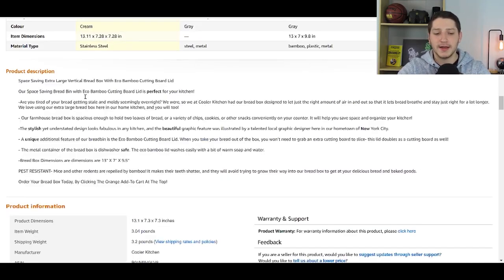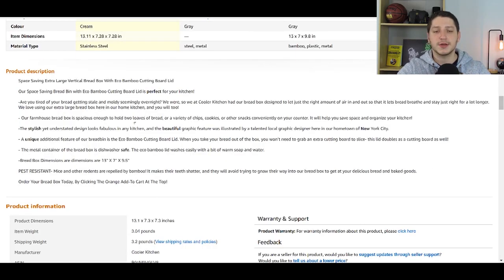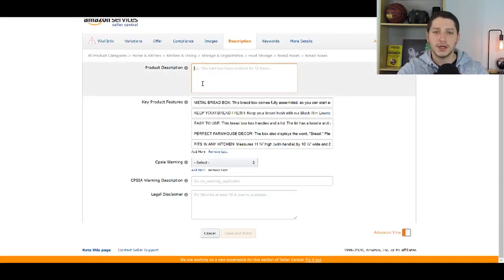The next one is right here, where you see that everything is spaced out nicely and it's easier for the customer to go from point to point to point, and it's much easier to read. The reason this one is like this and this one is like this is because Amazon requires that if you want to use spaces or include bold text, you need to write it out in